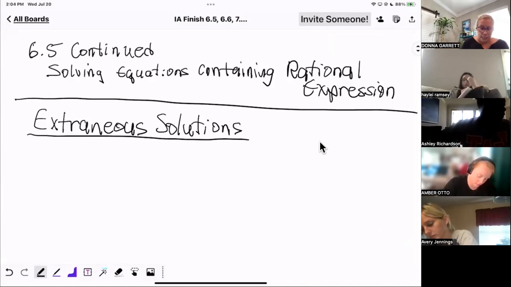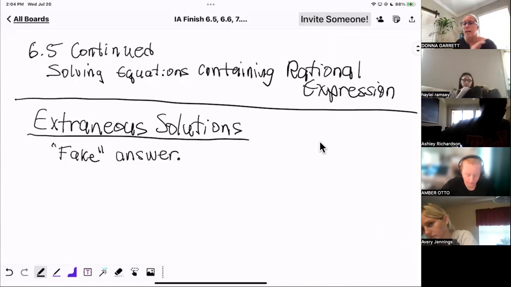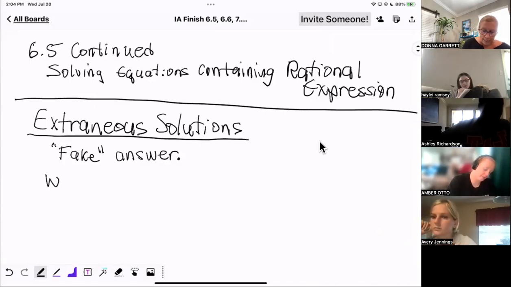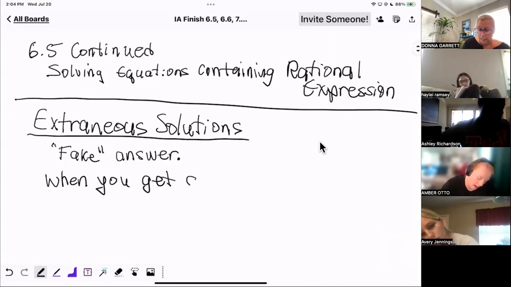Extraneous solutions is like a fake answer, meaning that you're going to get the answer, but it cannot possibly be an answer. When you look for extraneous solutions, this is what you're looking for. When you get solutions, because you can have more than one,